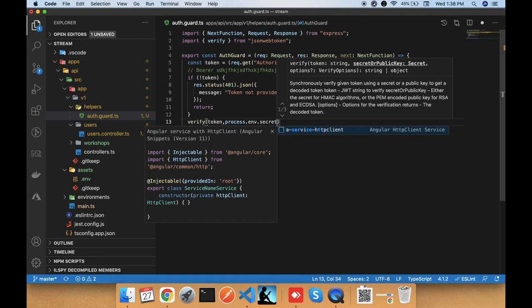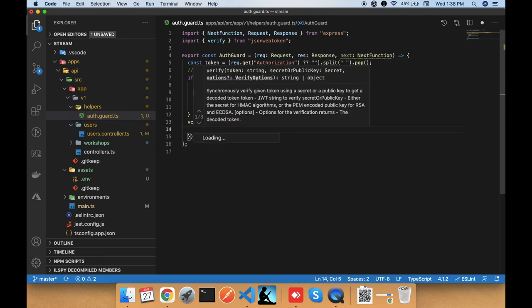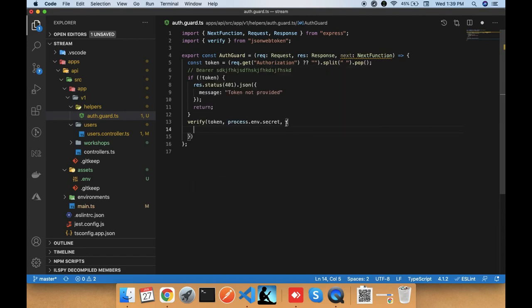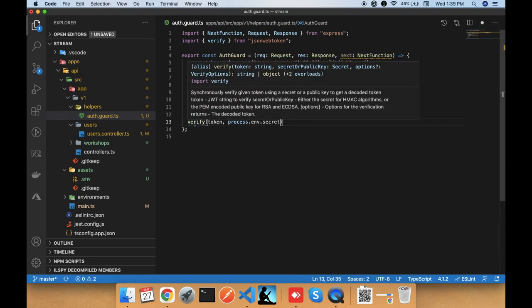Okay, and then there's a third argument which we can pass. So these are other configurations which we can use here for validation. So like suppose audience, if I want to check the audience, issuer, JWT ID, nonce, subject. These are the claims which we can set on the token. And then if we want to verify that if this is available inside the token, then we can pass these. But for now, we do not require them. Okay, we'll talk about these. Okay, so this guy is going to return